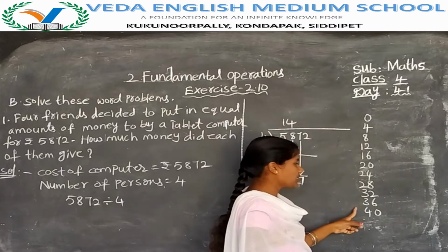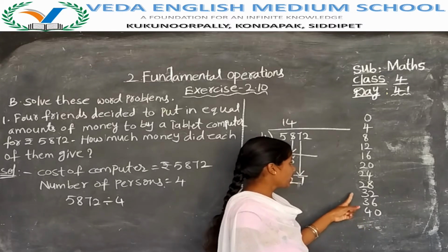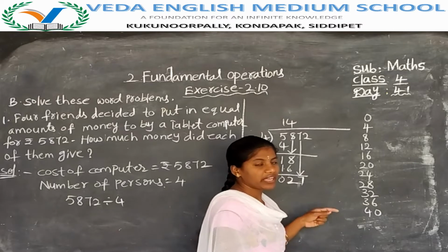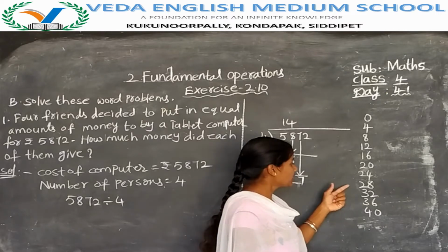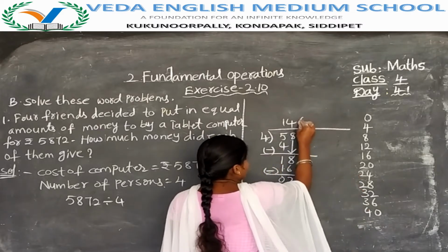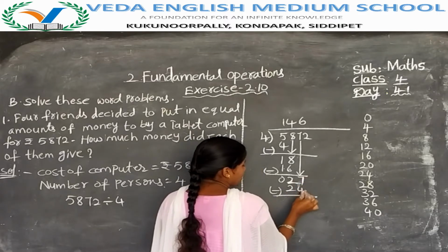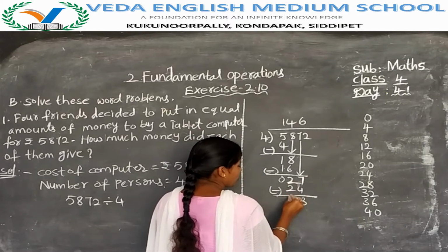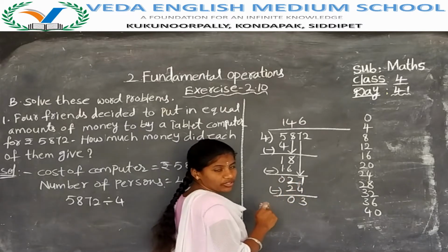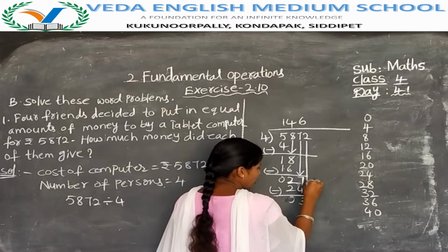Is there 27 in 4 table? No. If the 27 is not there, then what we have to do? We have to take the nearest number of 27. What is the nearest number below 27, Anna? What is that? 24. How many times is it possible? 6 times. 4 sixes are 24. Now 7 minus 4 is 3. 2 minus 2, 0. No need to write because here we got the 0 on the left side. If you got the 0 on the left side, then there is no need to write. Now after 7 here we have 2. Now bring down that 2.